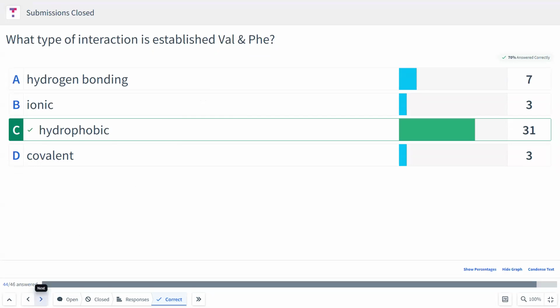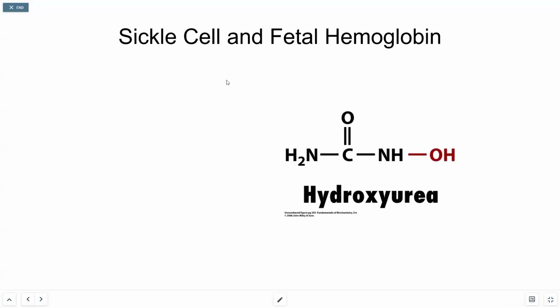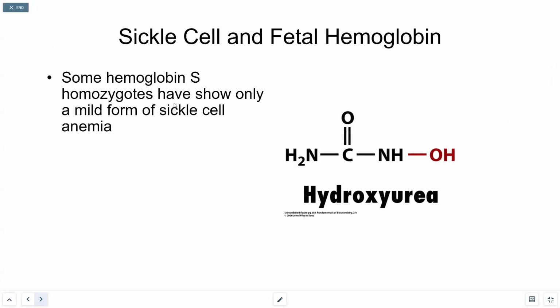Okay, so hydrophobic is the right answer. These R groups are both nonpolar residues, so it's not going to be covalent, ionic, or hydrogen bonding. All right. Now, sickle cell anemia and the sickling of cells: some hemoglobin S homozygotes show only